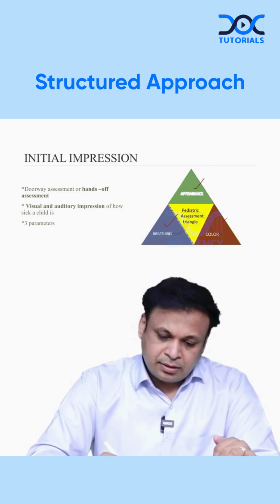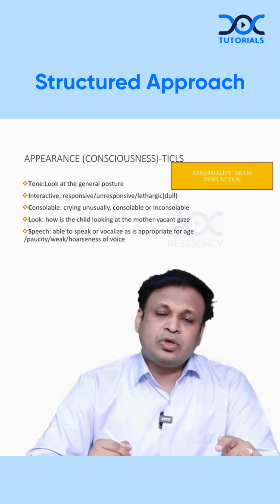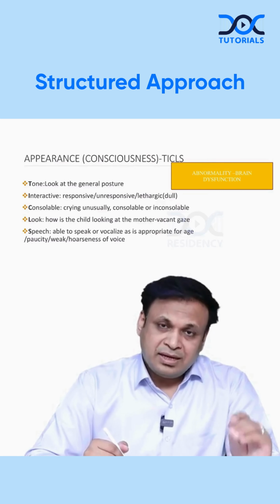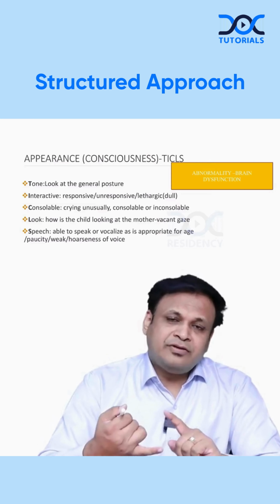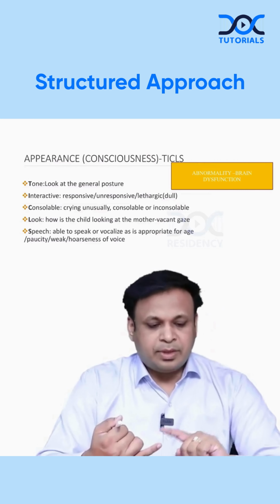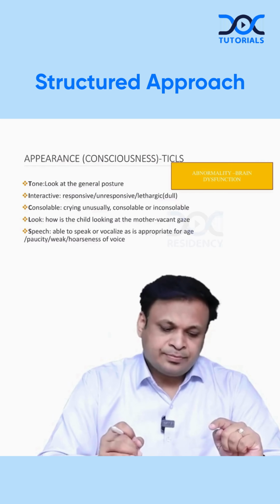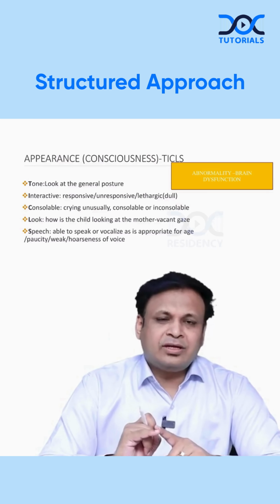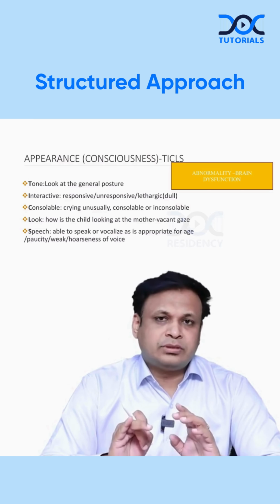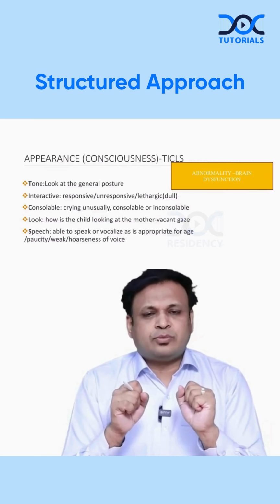Within this appearance part, we have to see multiple things to have a structured, standardized, rational approach. What are the things that we need to see, especially to identify CNS impairment? There is a mnemonic for this, called TICKLES. First is T. T stands for tone, wherein we are looking at the general posture of the child without touching the child. If the child is in flex posture,